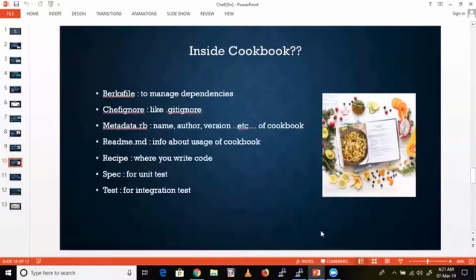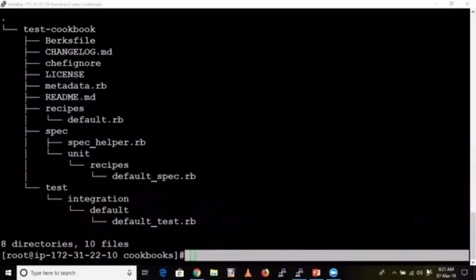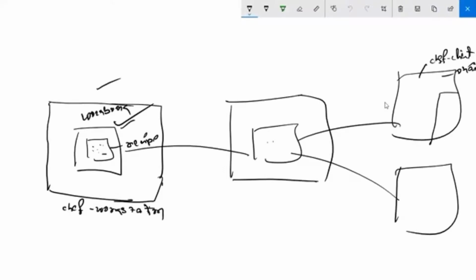Okay, fine. Now what I'm going to do? See here. First of all, you don't know how to write Ruby code, right? So you should know how to write Ruby code first of all. So that's why what I'm going to do now, let's forget about this complex setup. See here, wait, I'll explain to you, then you will understand.